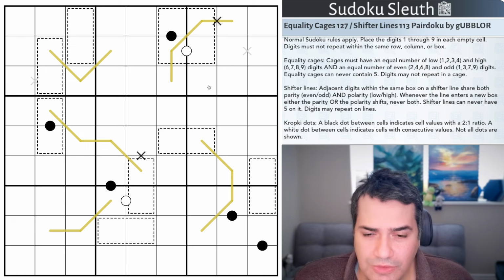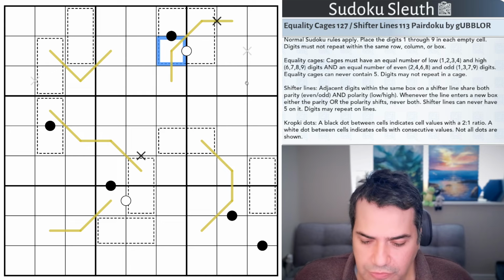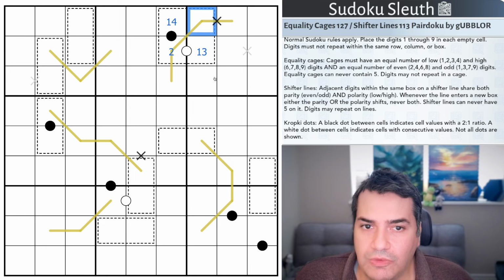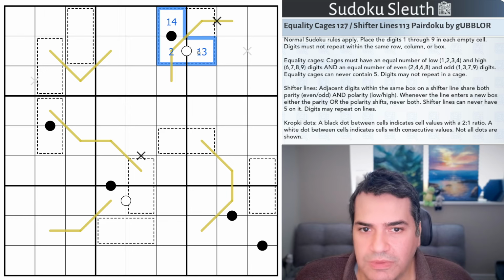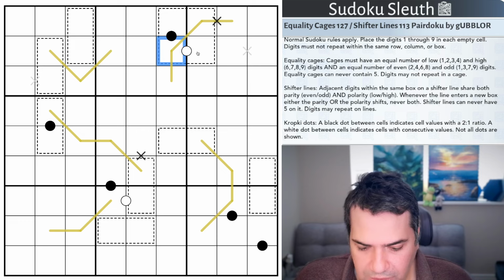Right, through my example, and sometimes these examples do give me a bit of an advantage, to be fair. This cell was quite tricky. If I put a 2 in here, this would be 1 or 3, and this would be 1 or 4. Then we end up with 3 low digits and 1, and that breaks the equality cage immediately. So I'm pretty sure that this has to be a high...